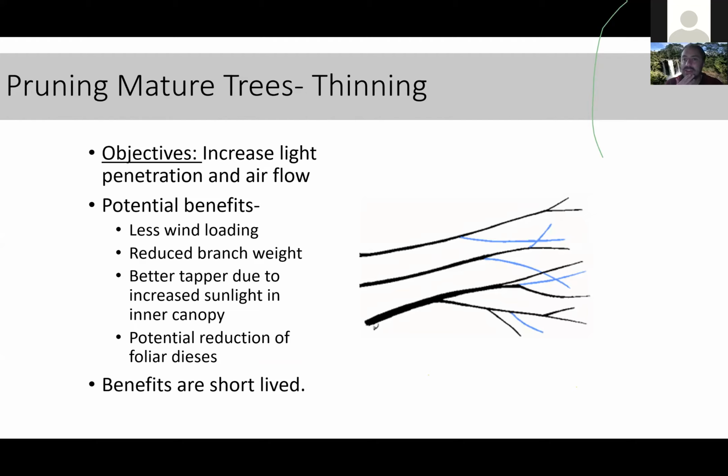And some arborists struggle with that idea, maybe because it's the most common type of pruning they do. It gets them back to a client year after year after year to thin the tree every year. But I think the consensus has pretty much shifted that thinning should not be routine practice anymore. It should be in specific situations.